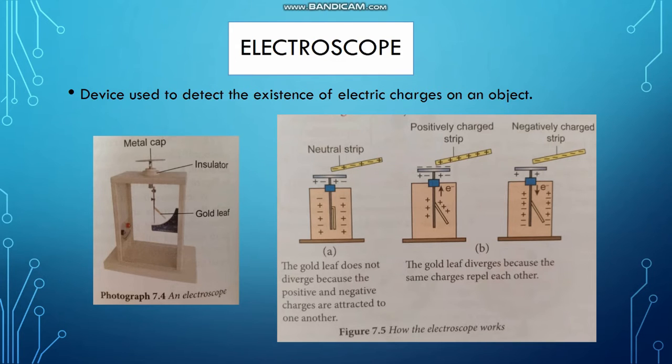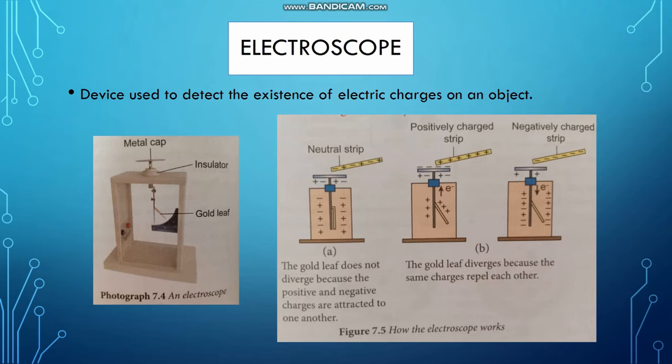Today we will continue on index 7.1, which is electricity. The first thing that we will learn is about the electroscope. So what is an electroscope? An electroscope is a device we use to detect the existence of electric charge on an object, which in simple words, we use to check whether there is a presence of electric charge or not